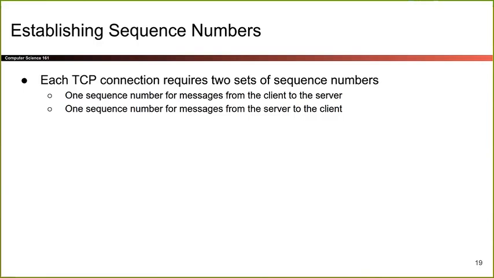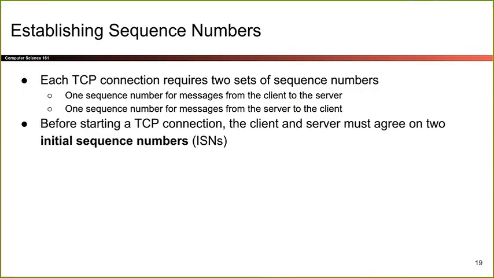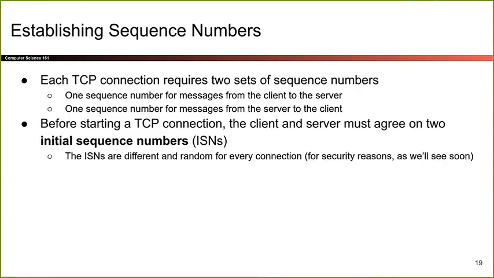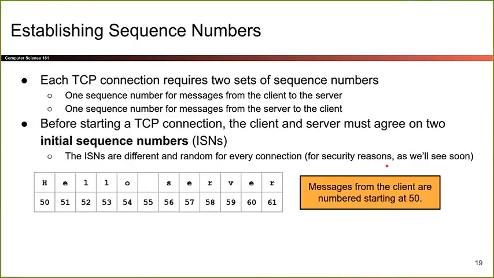There's one stream that the client is inputting and the server is pulling out as ticker tape. There's another stream that the server is putting in, and then the client is pulling out as ticker tape. So there are two streams going two ways, and two numbers being incremented. Before you start, you have to agree on initial sequence numbers, the first sequence number that either side is using. You might think it would be enough to use 0, but for security reasons, as we'll see in a couple of slides, the initial sequence numbers are different for every connection, and they're random.